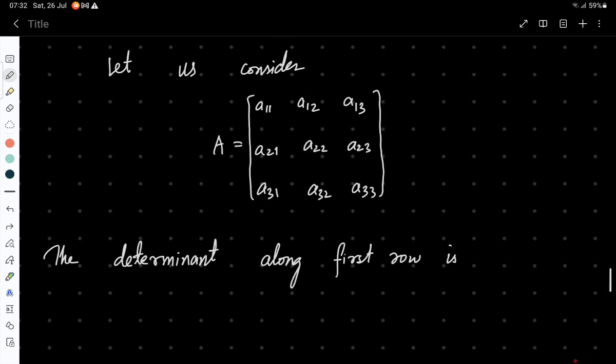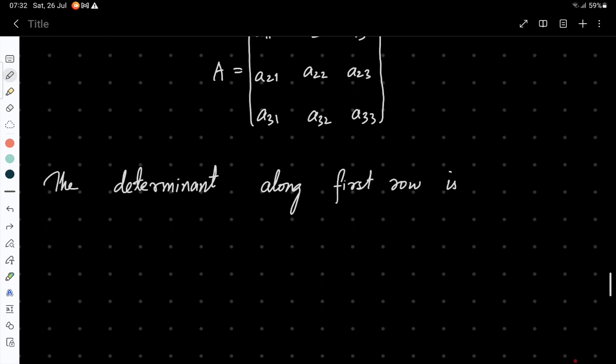So first of all, the determinant can be expanded along any row or any column. I mean to say you can choose any row. For example, you can choose this row, or this row, or this row. You can choose any row or any column, column 1 or column 2 or column 3, along which you have to expand the determinant. Okay, so I am going to expand the determinant along the first row. You can expand it along the second row or the third row or any column. So the determinant along the first row is,